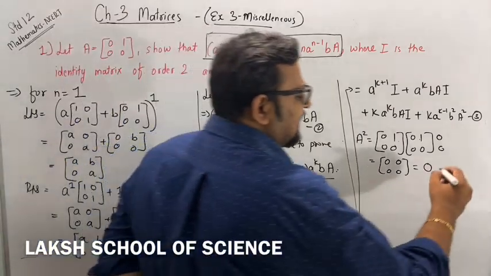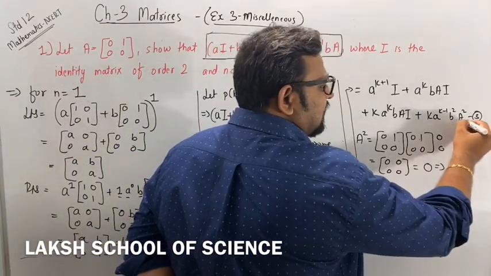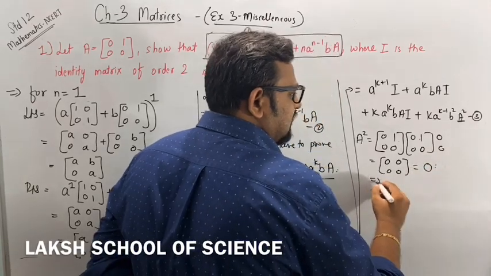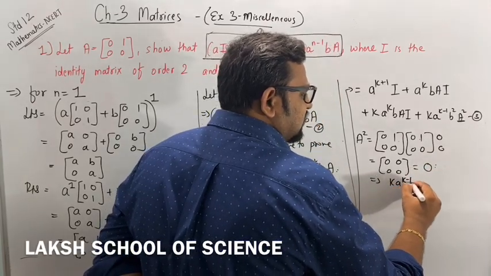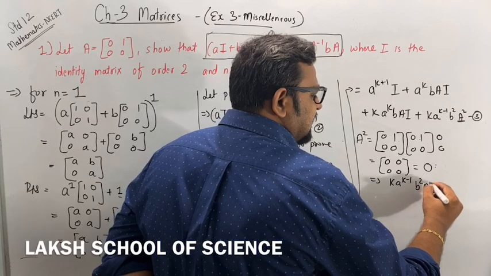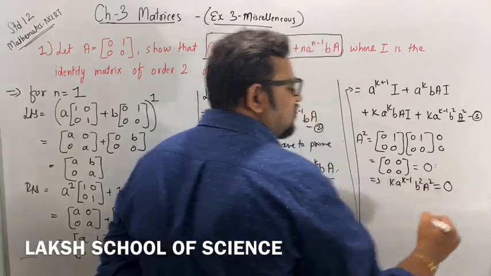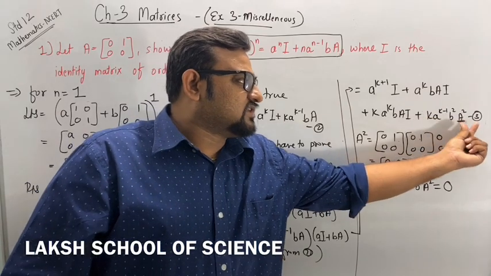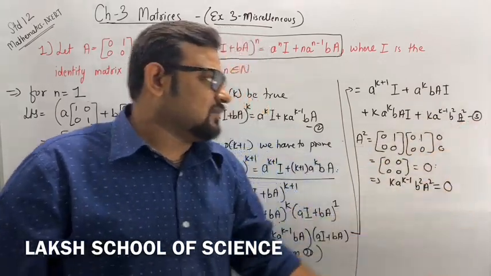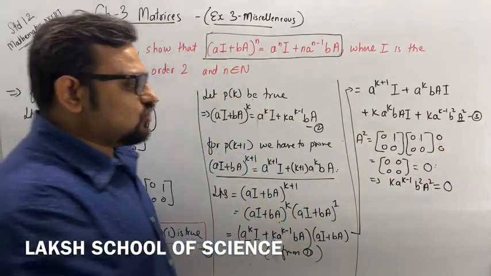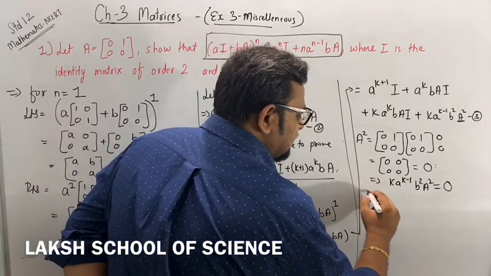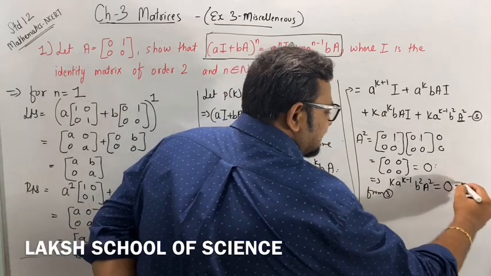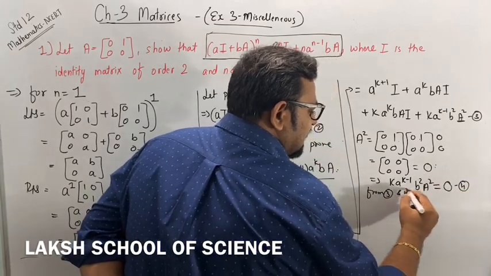So what does this imply? This is 0. So K A raised to K minus 1 B square A square will be equal to 0 because I am multiplying this whole with 0 matrix. The answer will be 0 matrix. So from 3 and let's name 4, and 4